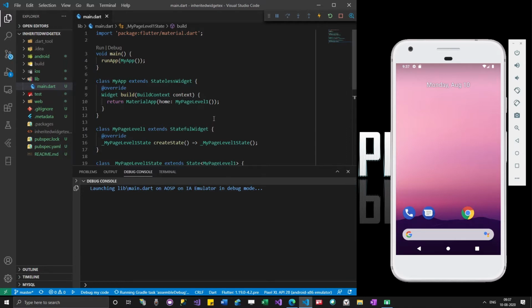I will try to show you the problem that we'll have with stateful widgets, and then I will try to solve that using the inherited widget. But in case I am unable to solve it, I will remove all the code and try to write a different app.